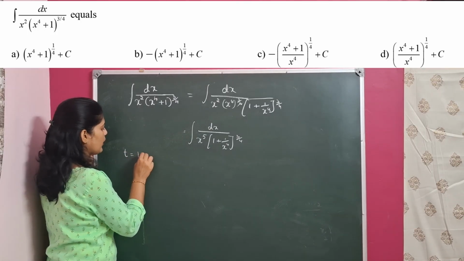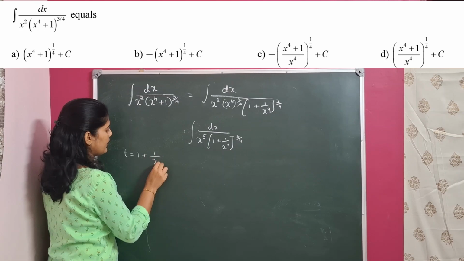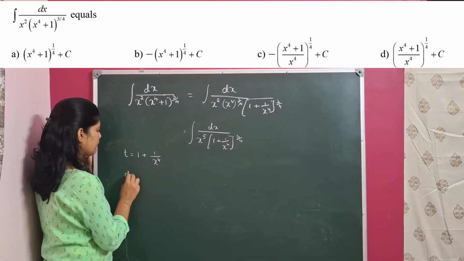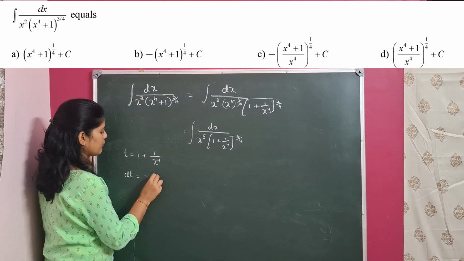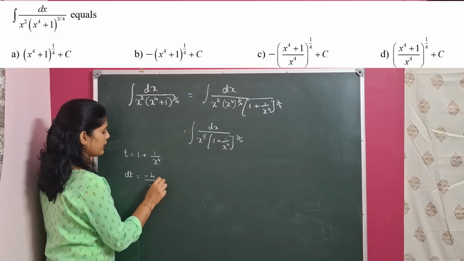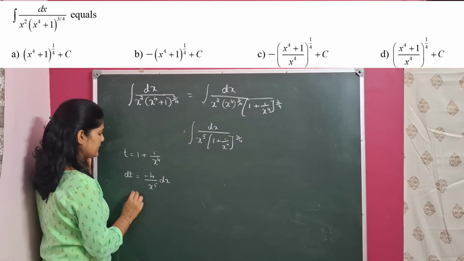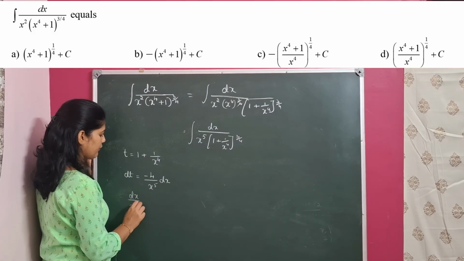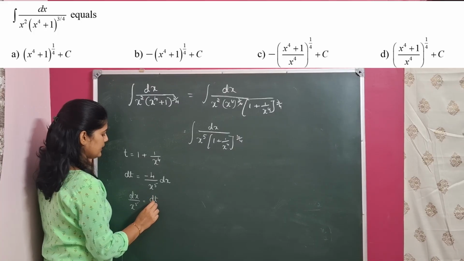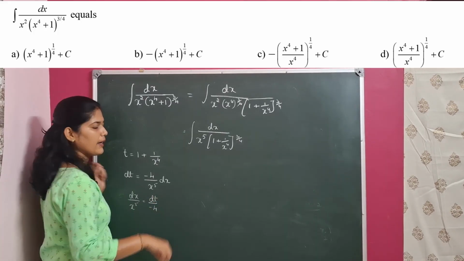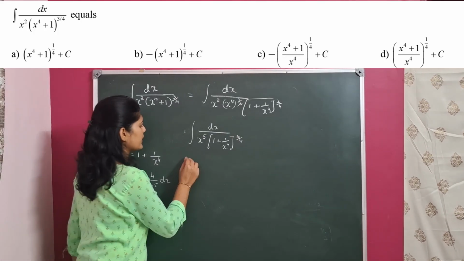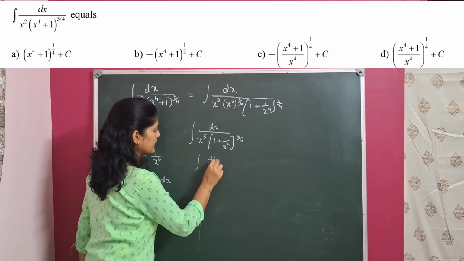T is equal to 1 plus 1 by x power 4. If we differentiate it, dt will be equal to minus 4 by x power 5 into dx. That means dx by x power 5 is nothing but dt divided by minus 4. If we substitute it, it will be integral dt by